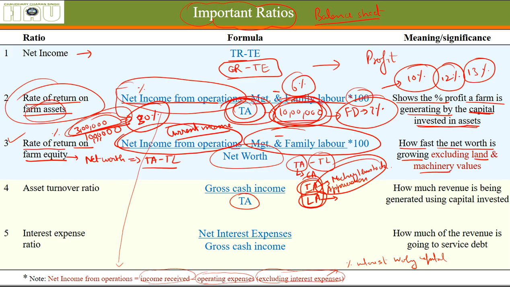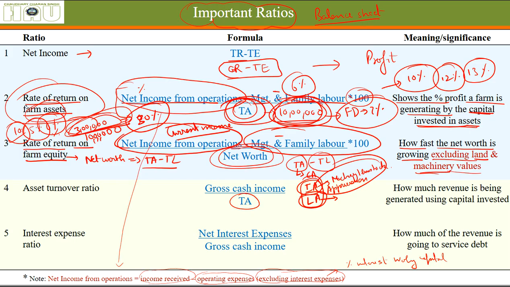All right. If this numerator value, the net income from farm, is very low, it will be 10%, 5%, 6%. So these figures tell us how much part of your net worth is coming from your current operations. Okay, it excludes the effect of changes in the value of machinery and land and your livestock.